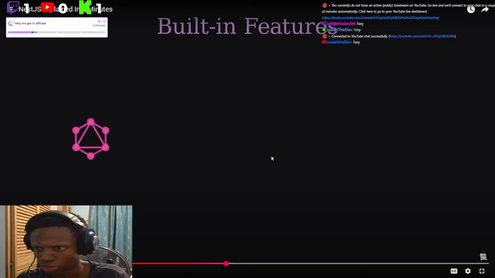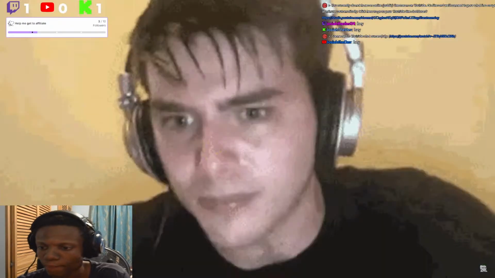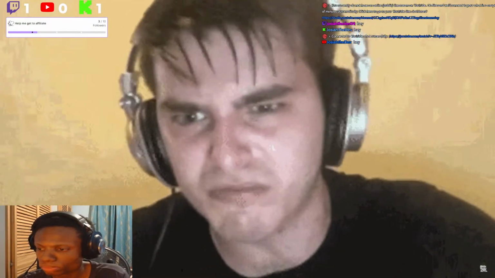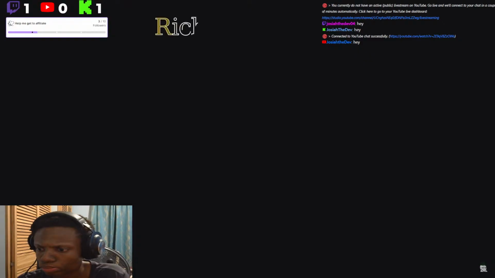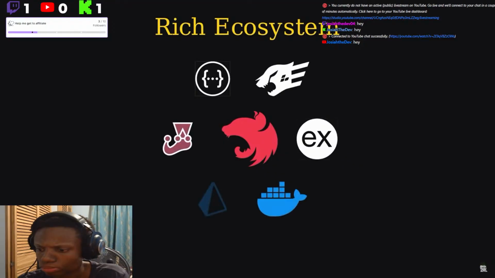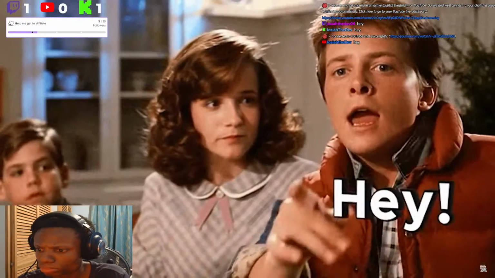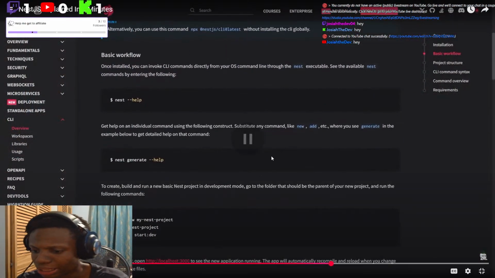Built-in features like GraphQL, WebSockets, microservices, and dependency injection, so you don't need to assemble a dozen libraries just to get a fully functional backend. The main reason you might want to use NestJS isn't just the framework itself, but the ecosystem and best practices it encourages. It works seamlessly with Express or Fastify, gives you decorators and middleware to handle cross-cutting concerns, and scales naturally as your codebase grows. Developers love it because it feels familiar to Spring Boot users. To install NestJS, we first need to install